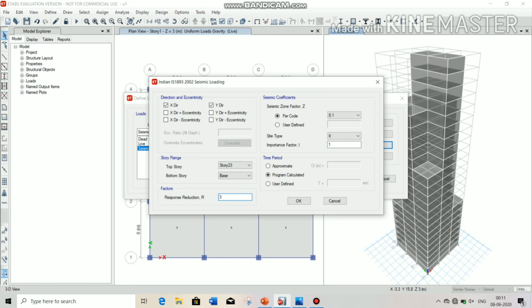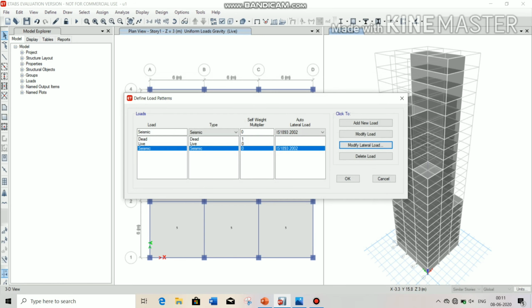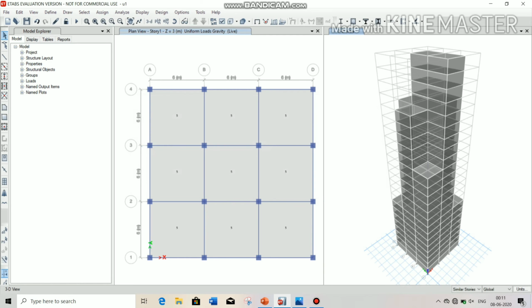Then click on OK. Now the defining of seismic load is complete, and click on OK to exit the dialog box.